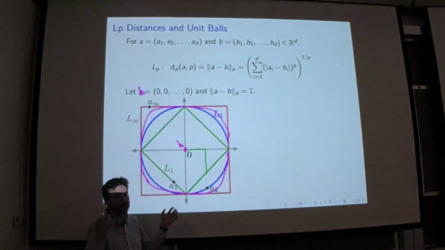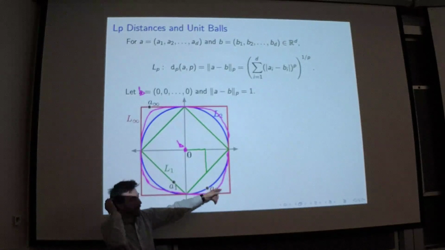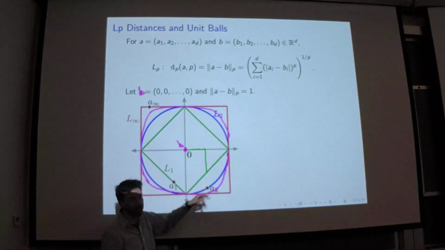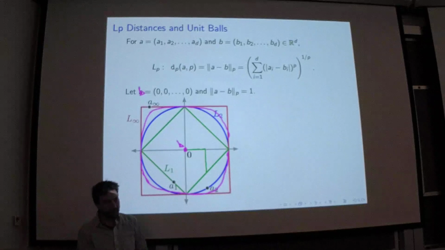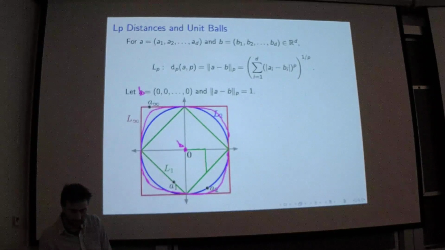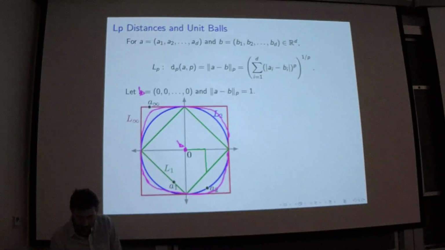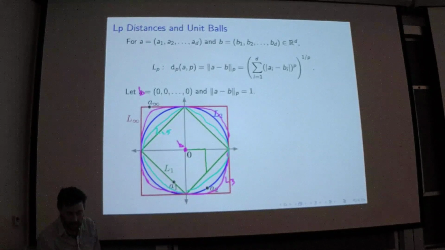Because I'm cubing things, it's better to have more things in a mid-range than one thing which is more extreme, compared to L2. And if I did an L of 1.5, it's going to go inside of here. This would be the L of 1.5, and this is L3. Okay, what's going to happen if I do an L of